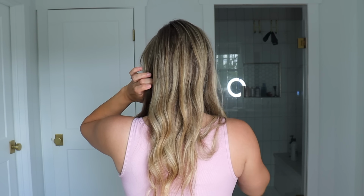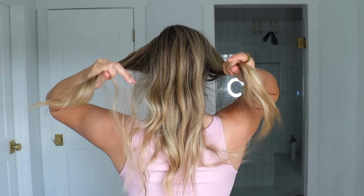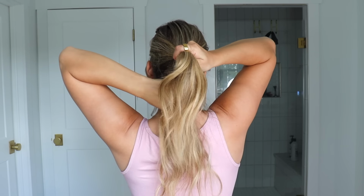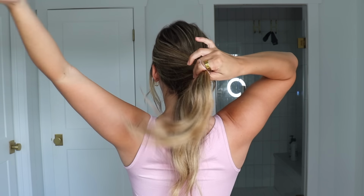This is the last hairstyle. So what you want to do is just leave out hair on each side. This is going to be best for long hair. What you're going to do is take your 2 outside sections and bring them in the center like this. Combine them right in the center